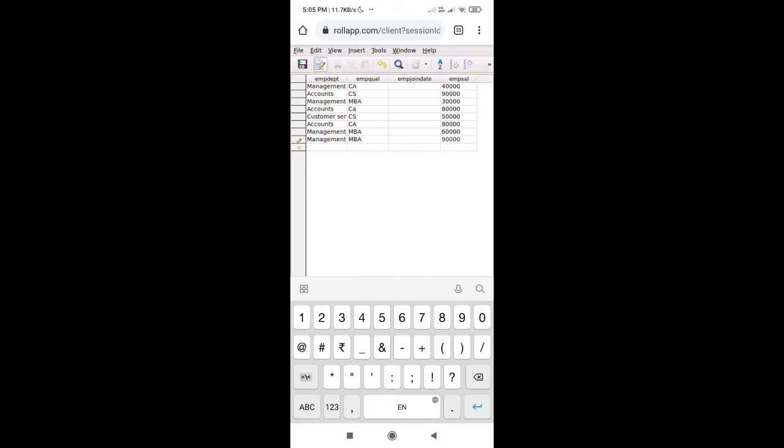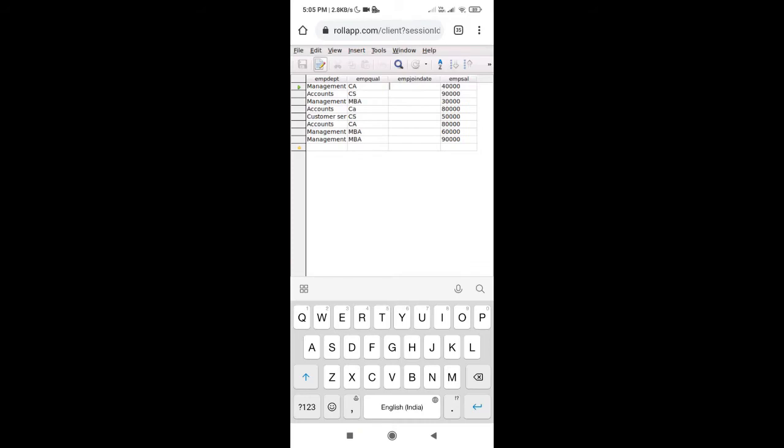Now I have finished writing all the records which are needed in the fields except join date. I have left this because I wanted to tell you something. While writing the employee join date or any other date, when you give the field type as date, in mobile, if you are taking a one-digit date, write 0 before that, otherwise it will take the default date, that is 99 something.